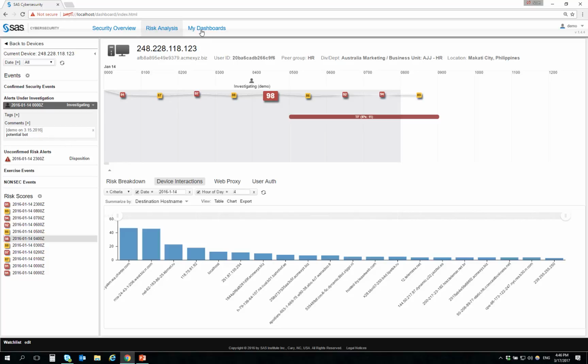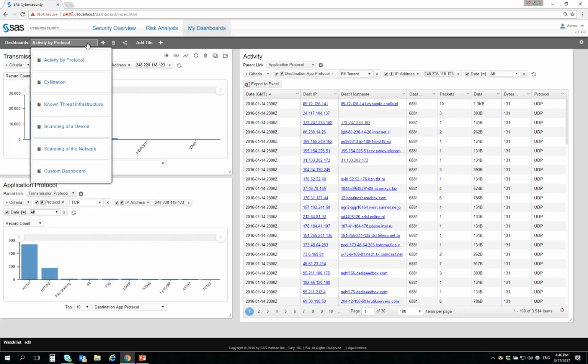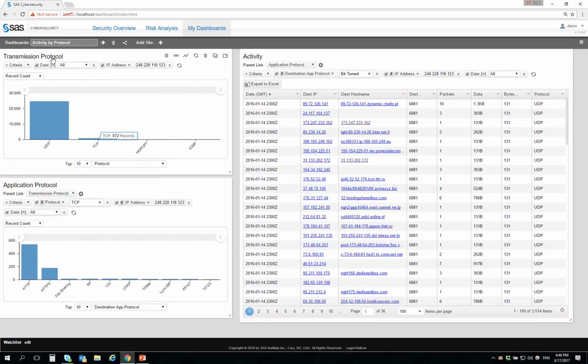So at this point, I'll go into my dashboards. And here, there's a number of pre-configured dashboards available. I can even create my own custom dashboard. But because I'm following up on a potential botnet infection, I'm going to take a look at activity by protocol. And I can see, for instance, there's been a number of TCP-related events. But the ones I'm most interested in, and it looks like there's been quite a high level of activity concerning,